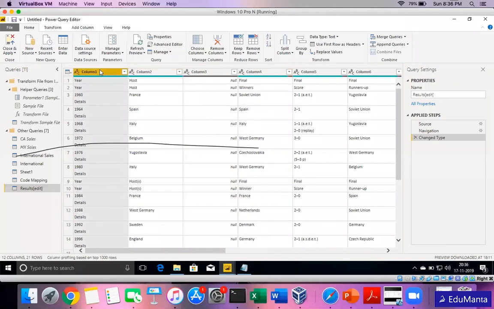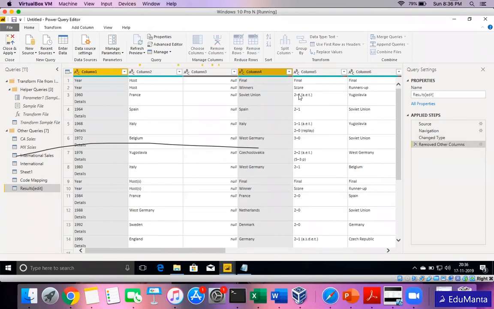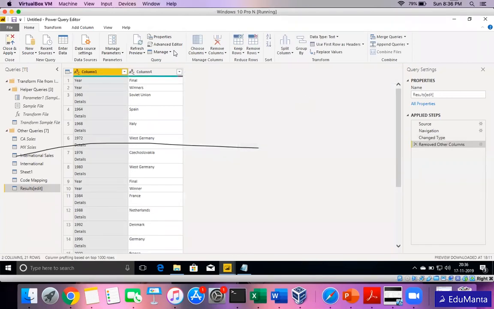So I will press control and select the other column. And there is another option, keep these columns, or I will remove other columns. Instead of removing each other column separately, I just need these two. Just select these two and say remove other columns. So everything else apart from this is removed. Or yes, we could also go for choose columns. So there are multiple ways of doing the same thing. As and when you start using the tool, there will be one way which you will find more comfortable. You can go with that.